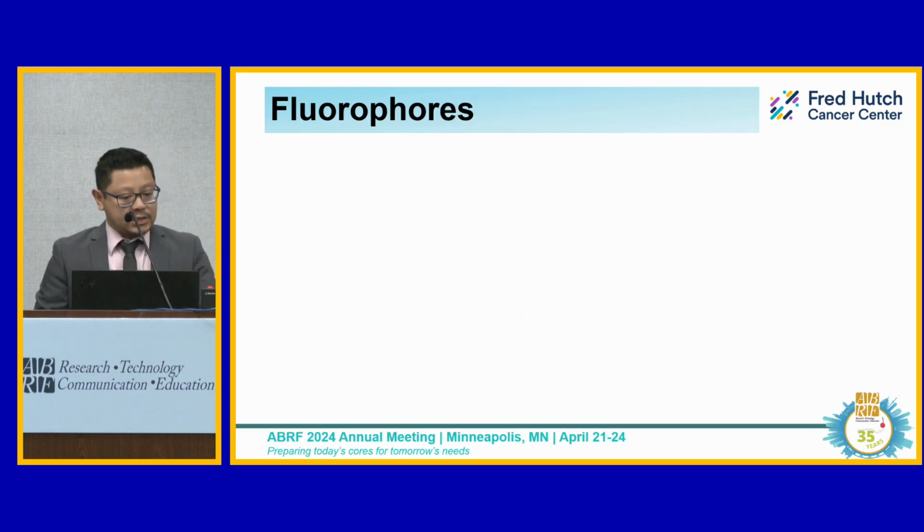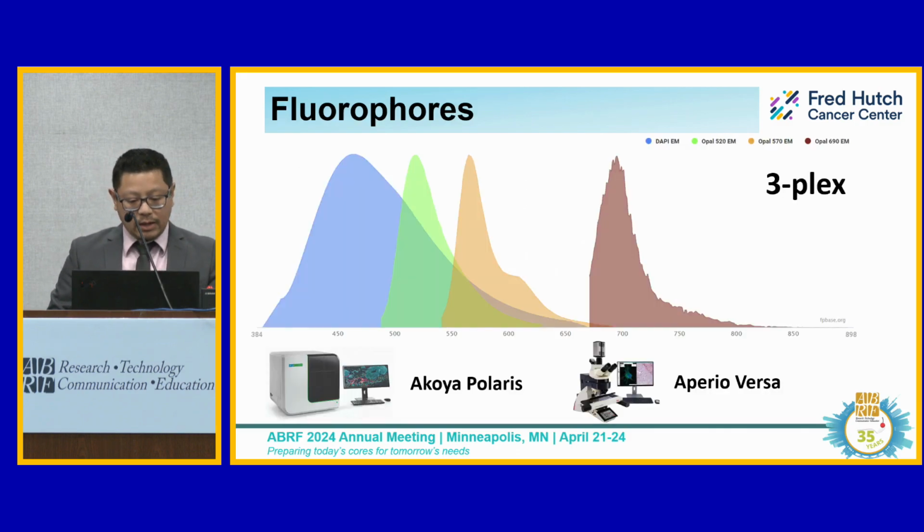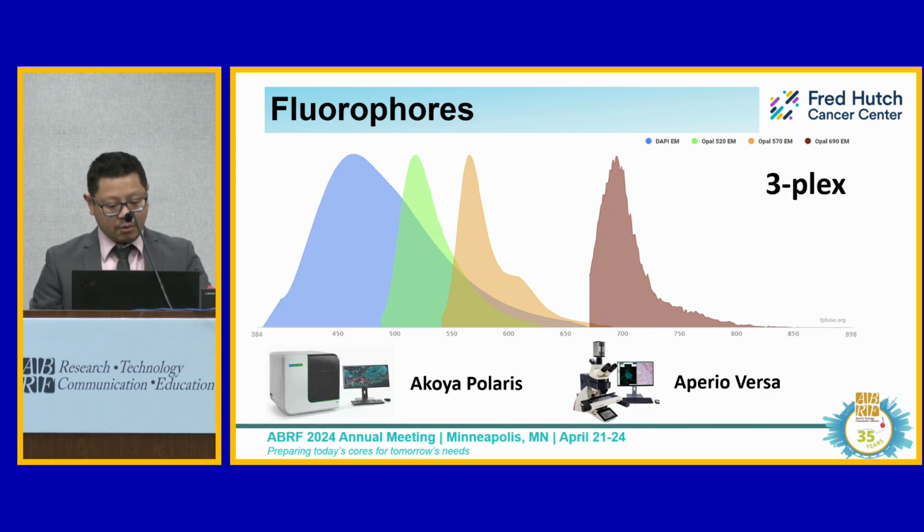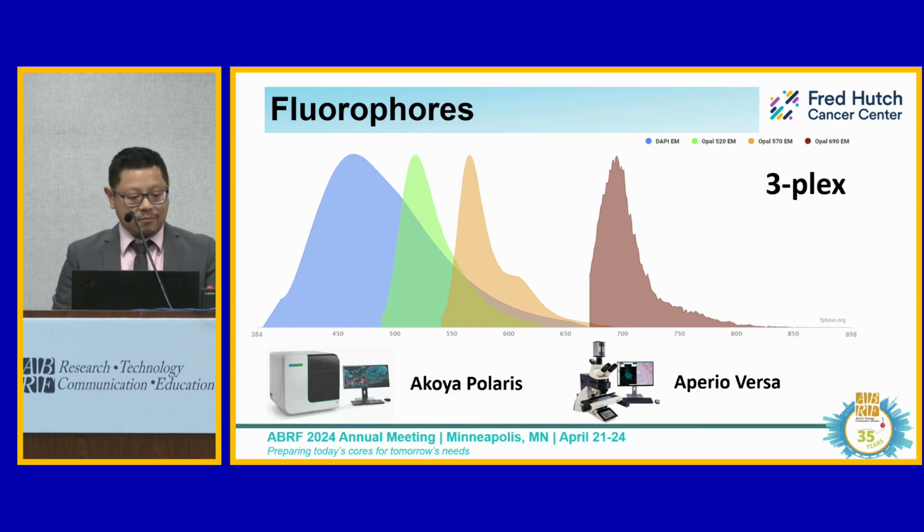So fluorophore selection: we use the Akoya Opal fluorophores as well. When we do a 3-plex, the typical ones we use are Opal 520, Opal 570, and Opal 690. And we're able to image this with either our Akoya Polaris or PhenoImager HT, I think it's called now. Also the Aperio Versa. And you'll see these fluorophores are spread out far enough that there's not a lot of